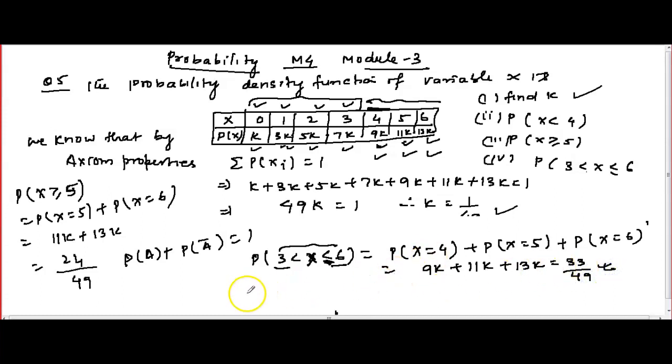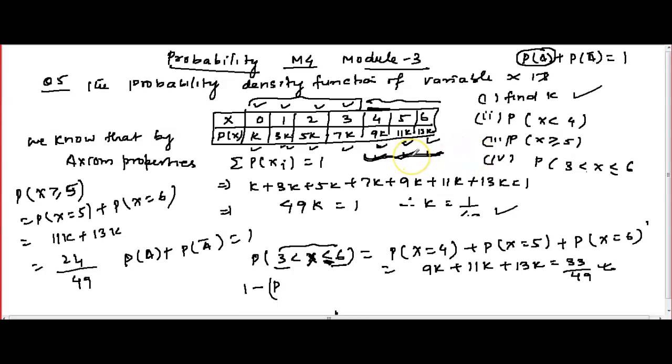If you want another method, you can also write 1 minus P of, say here, consider 4, 5, 6 which you are finding here, right? The probability of anything happening and not happening, the complement, is equal to 1. So if the probability of something happening is 1 by 2, the remaining will be 1 by 2 for not happening. Like, consider the probability of getting rain today is 60%, so not getting rain is the remaining 40%.